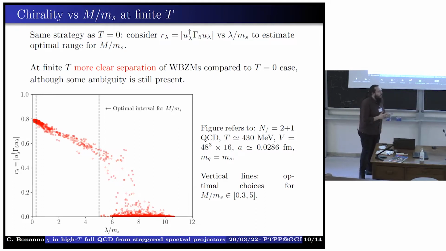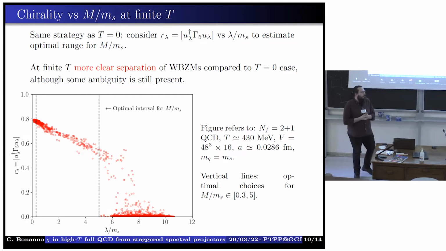Here, as you can see, there is a more clear separation compared to the zero temperature plot, because we have a cluster here with high chirality of the order of 0.8,